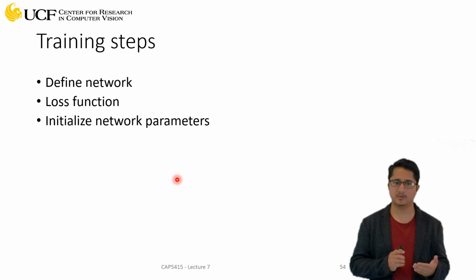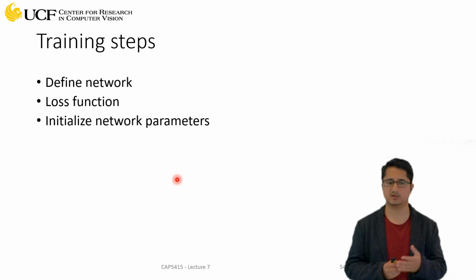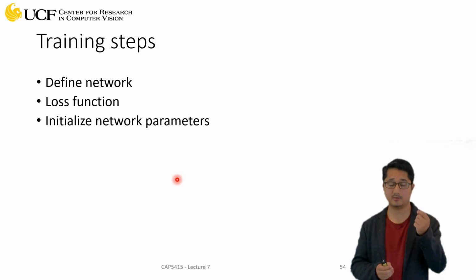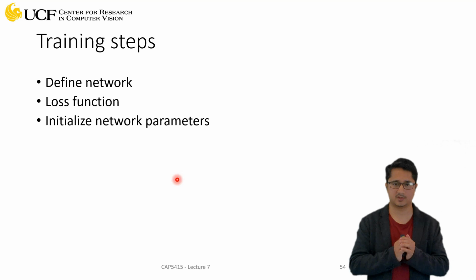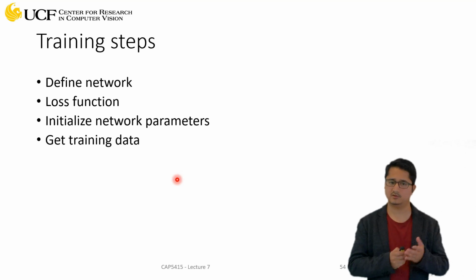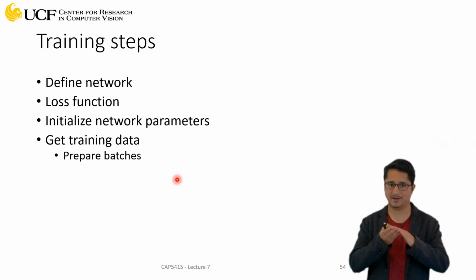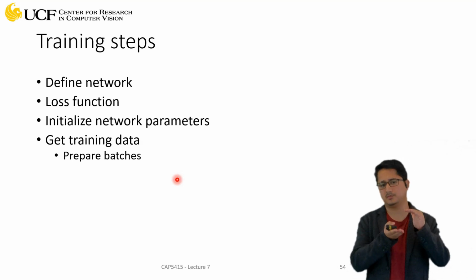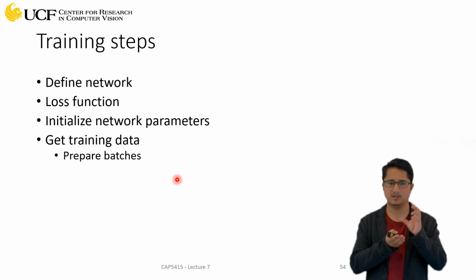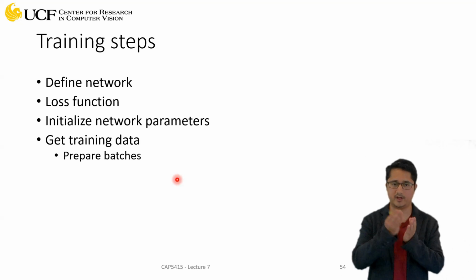Then you will randomly initialize the network parameters. For example, if you have CNN layers, you will randomly initialize those kernels, so those kernels will have some value. Then you will have the training data. With that training data, as in the steps we discussed earlier, you will randomly shuffle it. You want it to be stochastic. And then you will prepare batches,